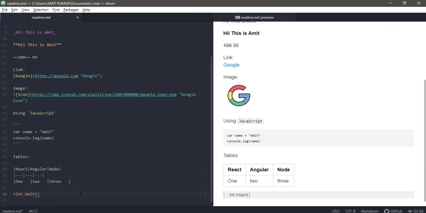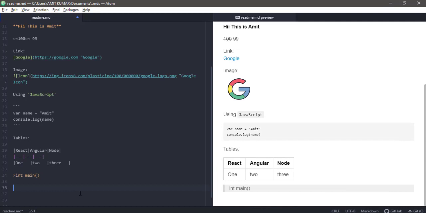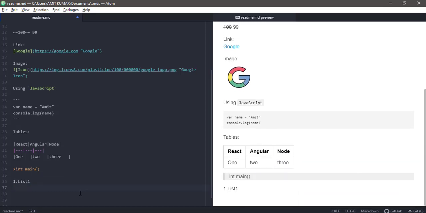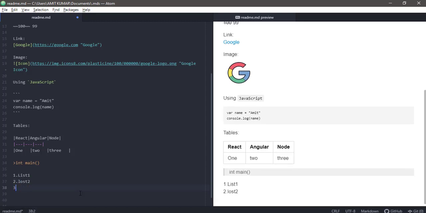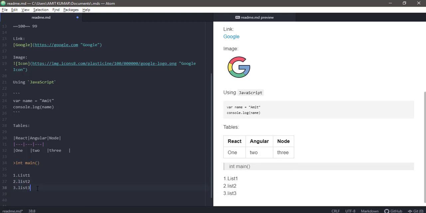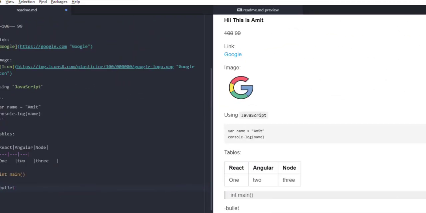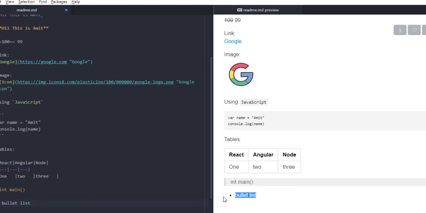Alright, now moving on to lists. Suppose we have to give a list, we can simply write one dot and so on. So we can give this as a list. Now the bullet list: you can see that this bullet list has been created.